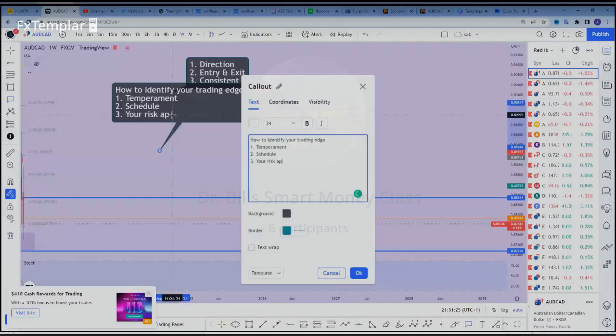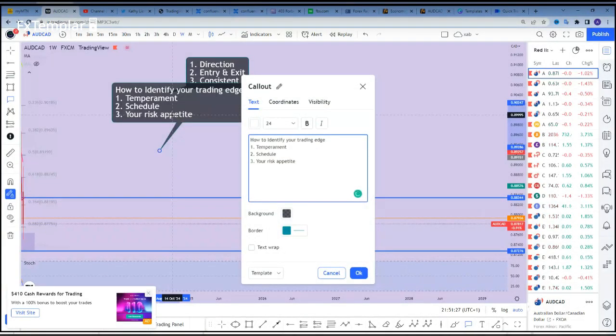All right. And this is really important because when we talk about risk appetite, even if you teach two different traders the exact same strategy, they will never have the exact same results. Two different traders cannot have the exact same results from the same strategy. Why is that? It's that way because their risk appetite is very different from each other. And when your risk appetite is not the same, your results will be different.